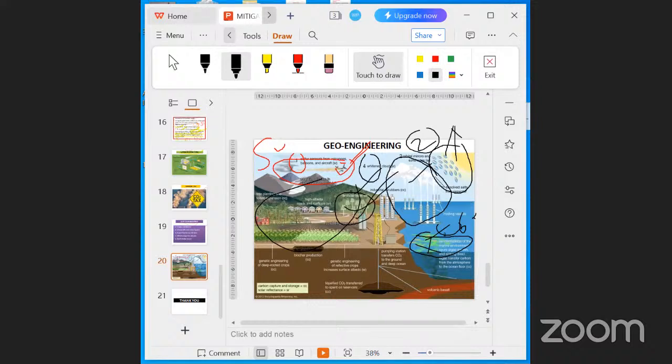So the artificial tree is a scaled down version of an earlier prototype capable of capturing a ton of carbon in the atmosphere per day. The panels covering the surface of the tree would need to be around 50 square meters, right? It will be made of an absorbent resin that reacts with the carbon dioxide in the air to form a solid, right? So it can be compared to a furnace filter capable of pulling particulates out of the air.